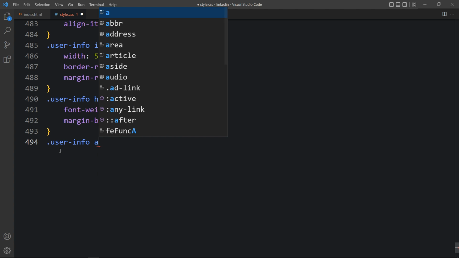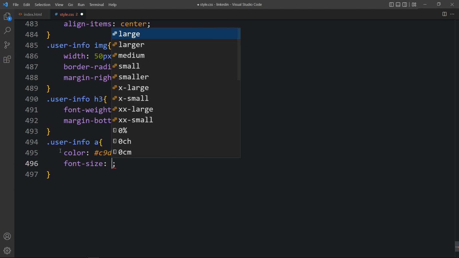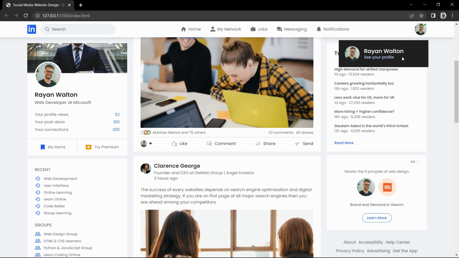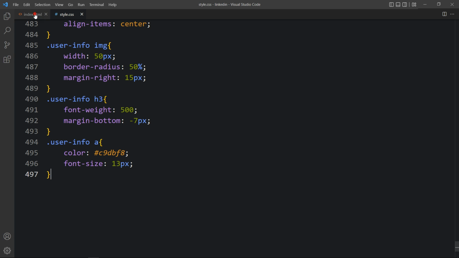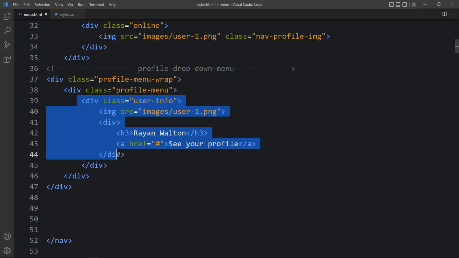Then we will add user info a tag. So for this link we will change the color. Then we will change the font size. So this user's name and link is looking good. Next we will add some menu. So just come back, and after closing of this user info div we will add a space, and here we